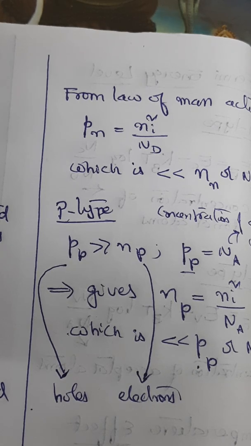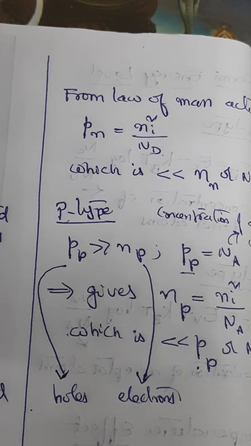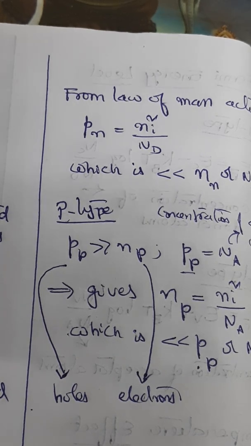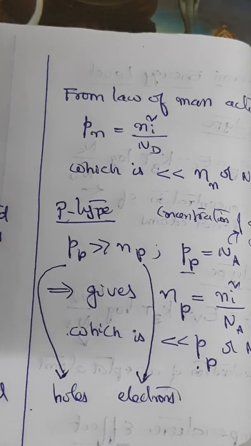Whereas in an intrinsic semiconductor, it is always (Ec + Ev)/2, that is, in the middle of the energy gap. In an extrinsic semiconductor, depending on n-type and p-type, the position of the Fermi energy level varies. That is what we have to remember. We understood that by studying the effects of temperature on the Fermi energy level. Then I explained the law of mass action, and when we talked about the charge neutrality condition, we discussed charge densities in n-type and p-type semiconductors. This is what has been discussed in this session today.